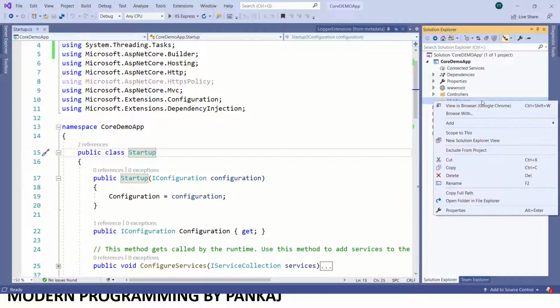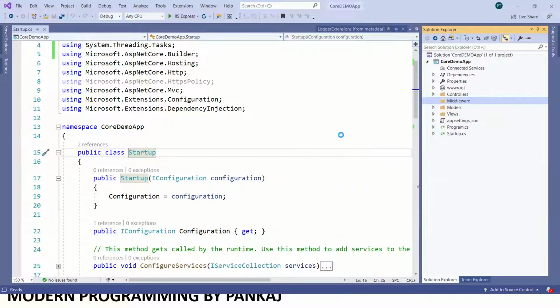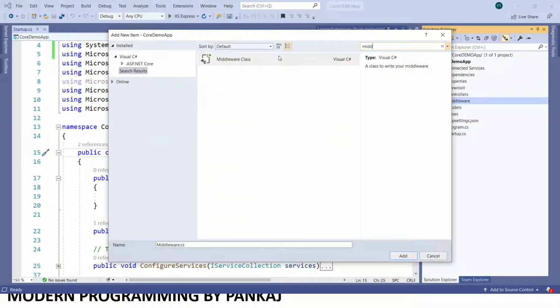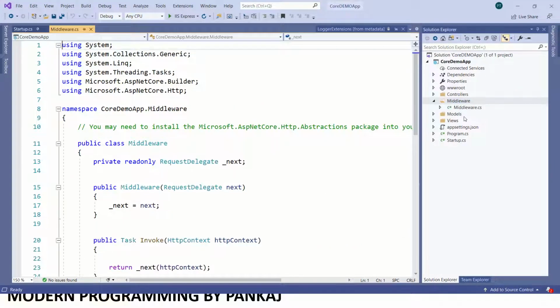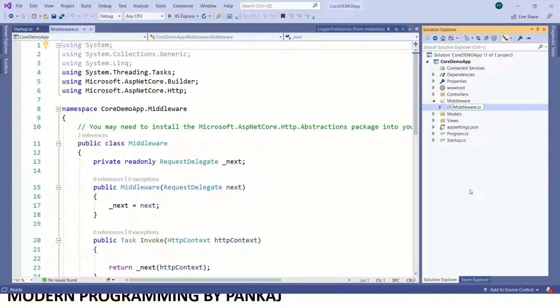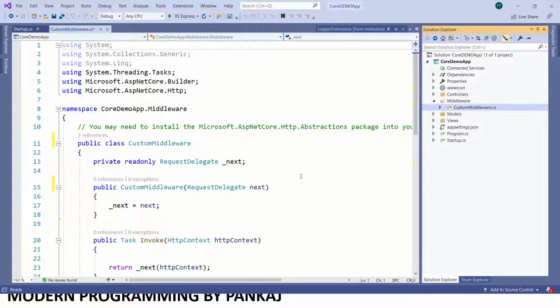Then if you want to add middleware, right click on it, click Add, then New Item, and search for middleware class. See, I have got one middleware class. Just rename it as CustomMiddleware.